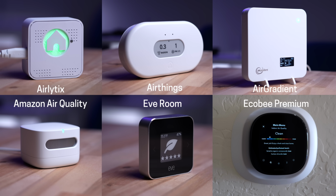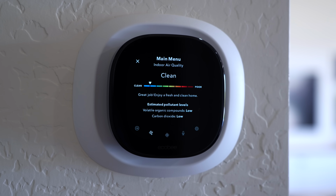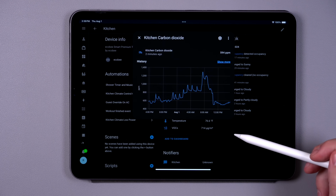Then you can open up the window with a fan on to get some fresh air. Okay, so here are the sensors I've been testing that can detect VOCs. And what's cool is normally ecobee or the Eve Room air quality sensor will just show a rating for this metric and not go much further. But when those are integrated in a Home Assistant, you can have access to the exact numbers for graphs and